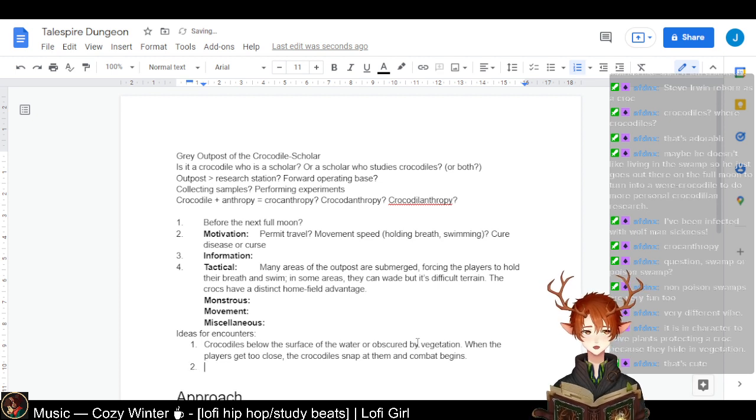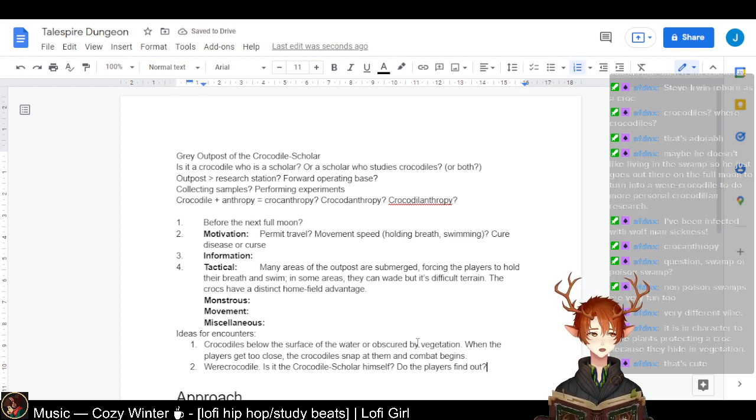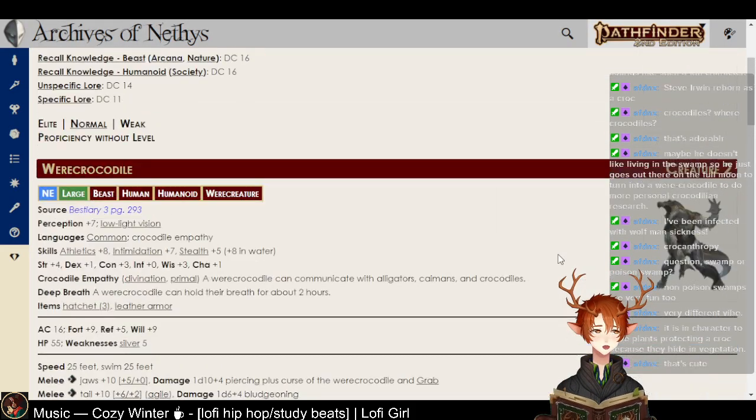Number 2. Well, I'll tell you what. We'll have the were crocodile. Is it the crocodile scholar himself? Do the players find out? Are we just going to have the one were crocodile, or are we going to have more than one? Because were crocodiles are only second level, which means we could have...